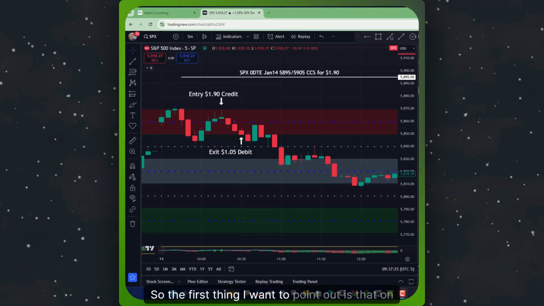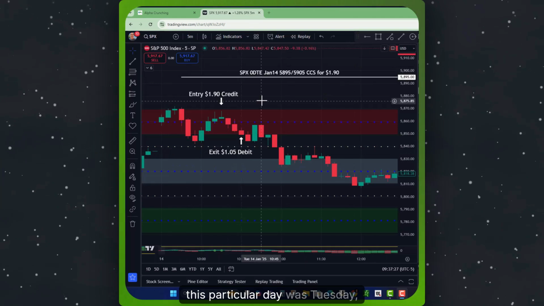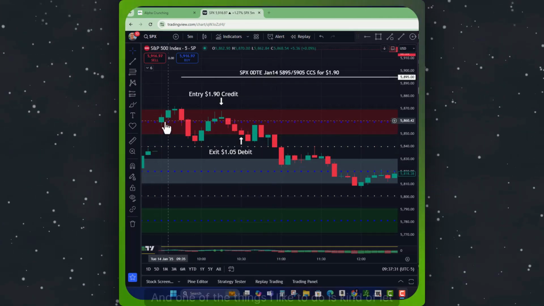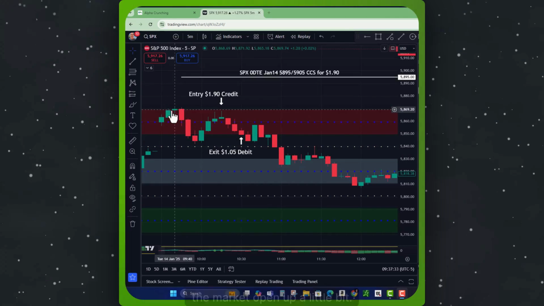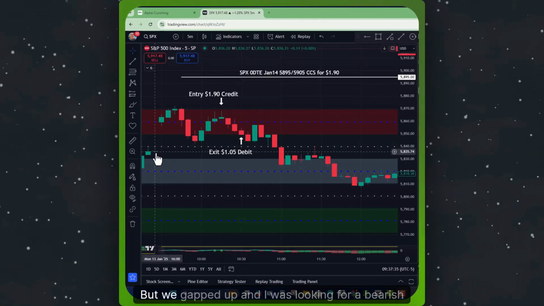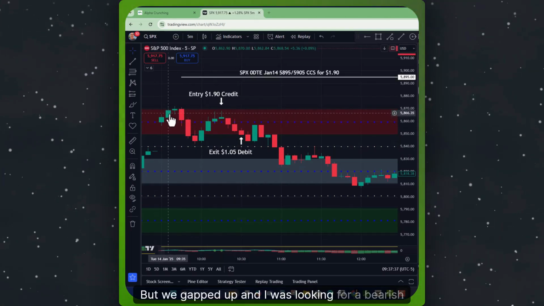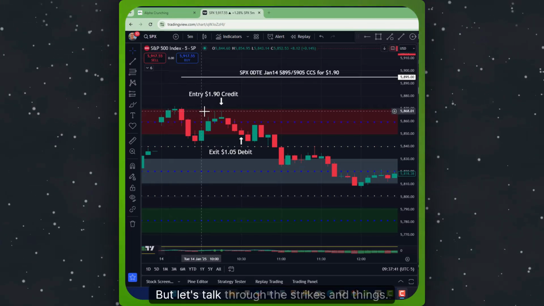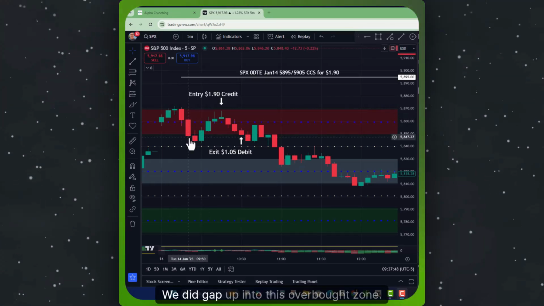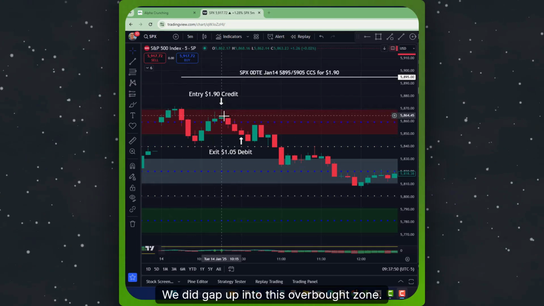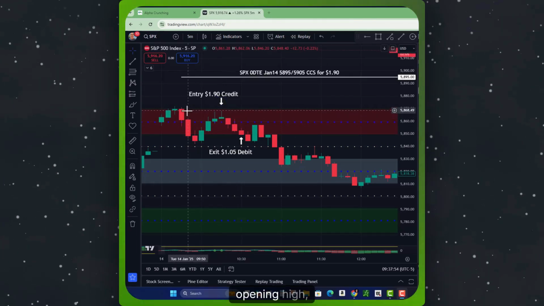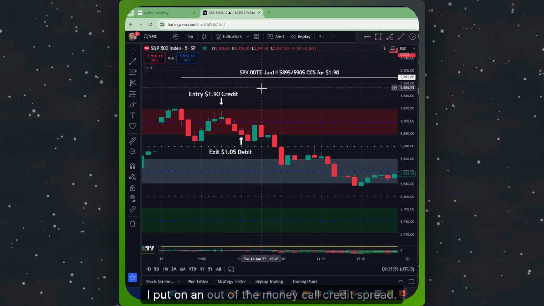So the first thing I want to point out is that on this particular day, Tuesday, January 14th, we did have a little bit of a gap up. One of the things I like to do is let the market open up a little bit. But we gapped up and I was looking for a bearish setup for the day. I'll tell you why in just a minute, but let's talk through the strikes and things. We did gap up into this overbought zone. And so once the market looked to be retesting that opening high, I put on an out of the money